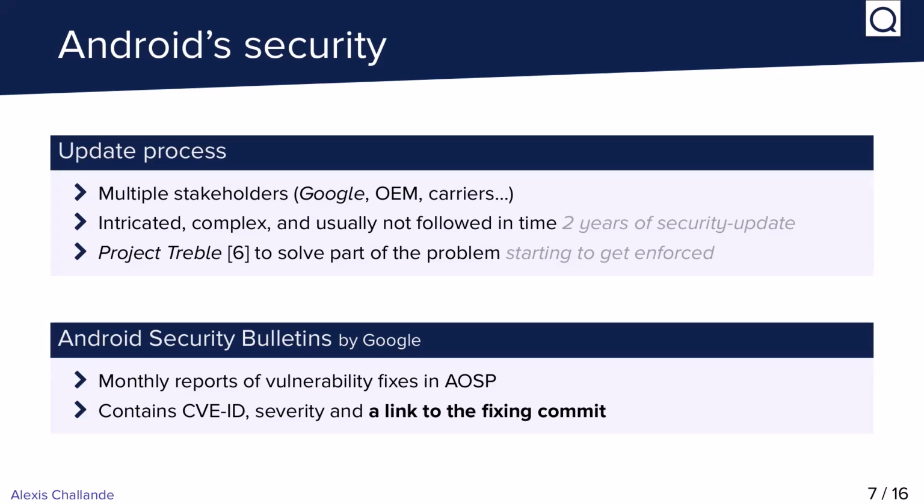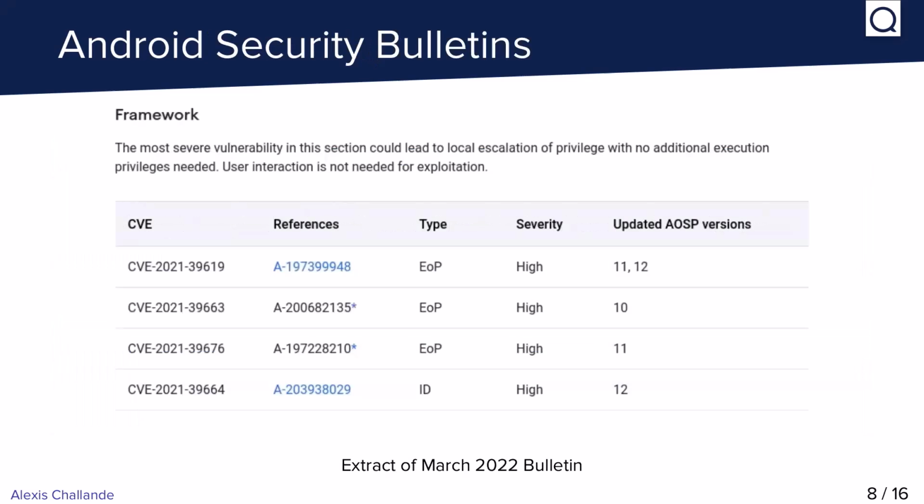But thanks to us, Google publishes monthly security bulletins, which list vulnerabilities that have been fixed in AOSP during the last month. Those bulletins contain a CVE ID, severity, and most important, a link to the fixing commit. This is an excerpt of the March 2022 bulletin, and you see the links in the reference column that are direct links to the